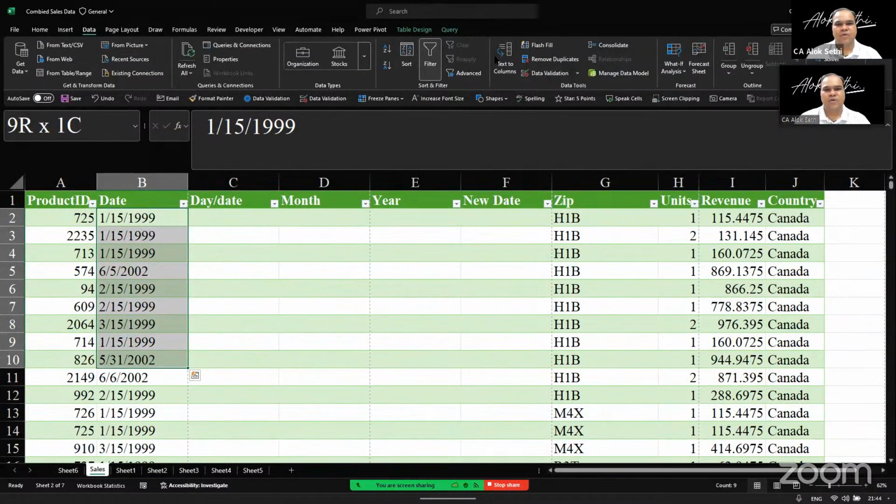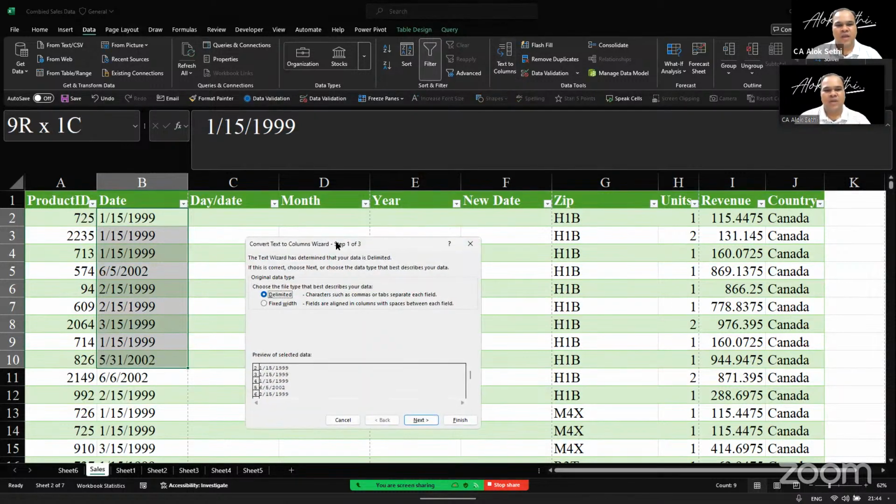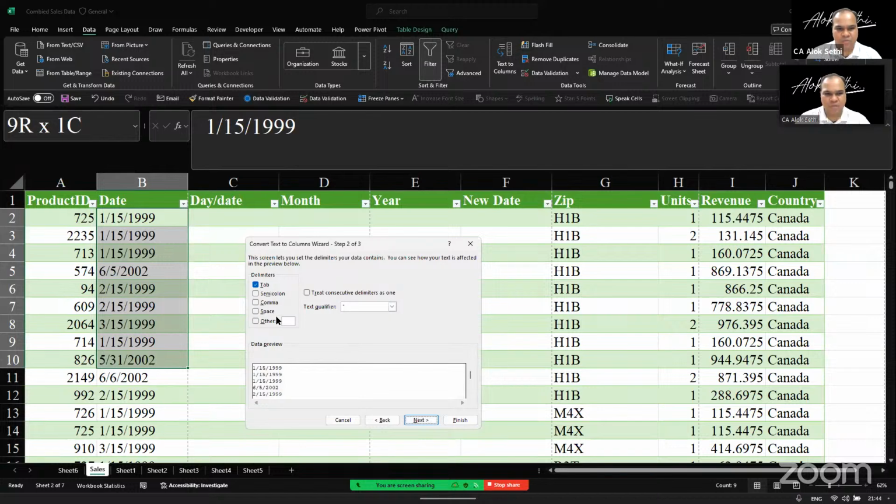In the data tab we'll go to text to column, और यहाँ पे एक ऑप्शन आता है डिलिमिटेड, ये रखते हैं इसको, नेक्स्ट करेंगे। यहाँ पे डेट का ऑप्शन आगे आएगा। अभी यहाँ पे, तो वी हैव टू सिलेक्ट स्लैश नहीं, स्लैश नहीं करना है सर, कुछ भी नहीं रखो, टैब भी अनसेलेक्ट कर दो। अनसेलेक्ट कर देते हैं, ओके।